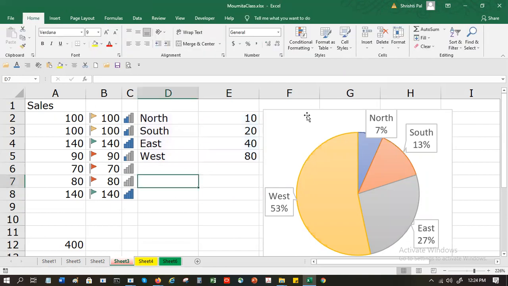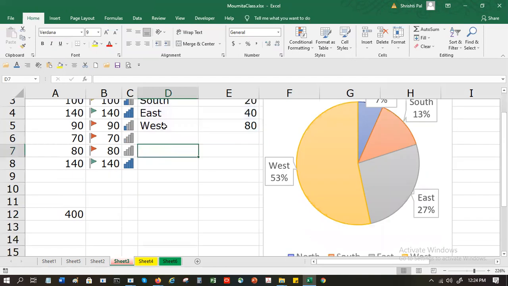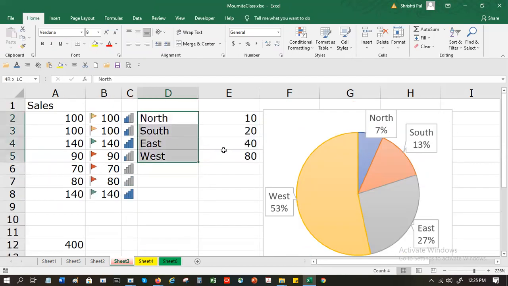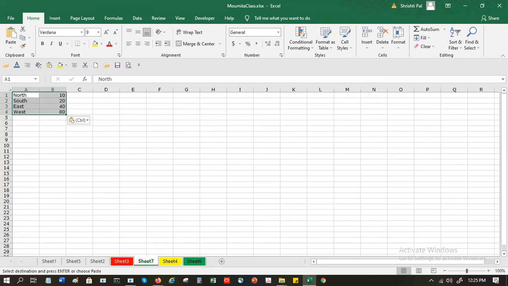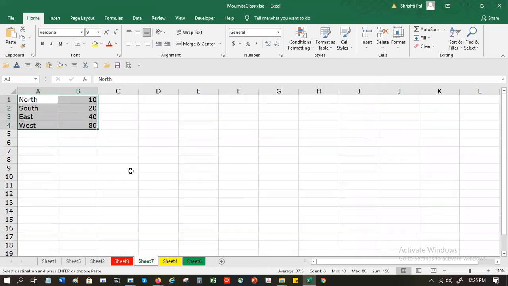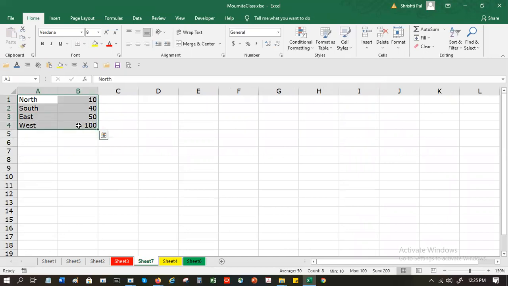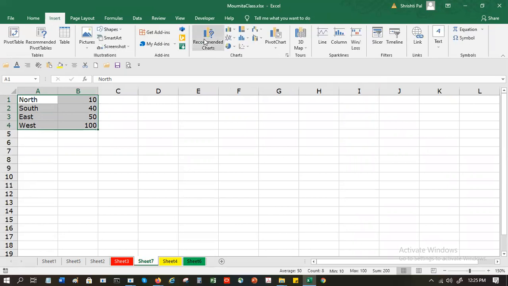Another option that I have for putting it here is, let's say I have another set of data. And I do this, and I want a graph to be generated. So I go to insert, recommended charts.